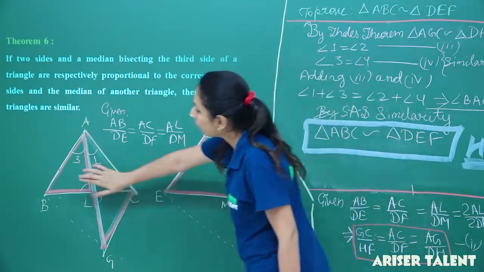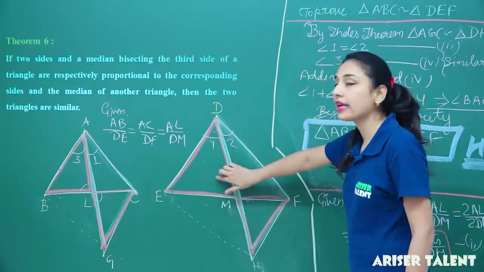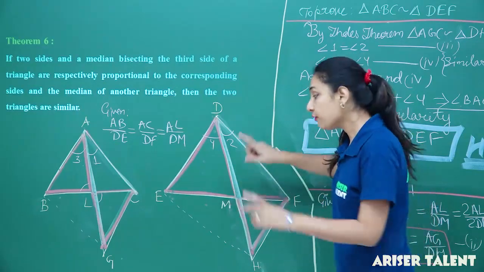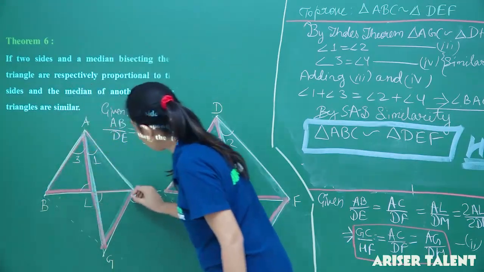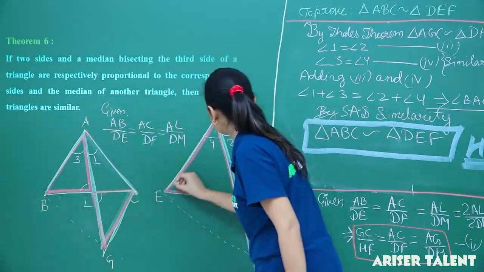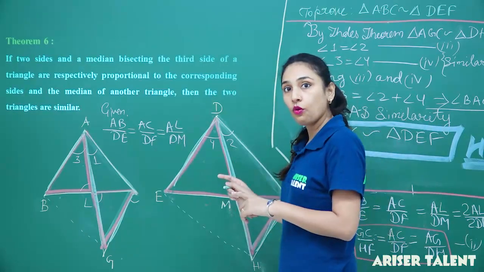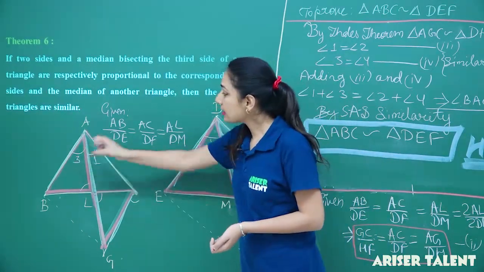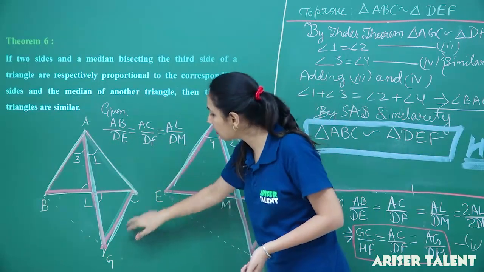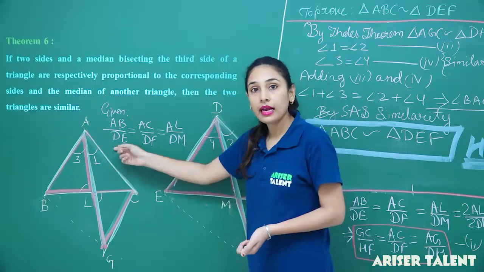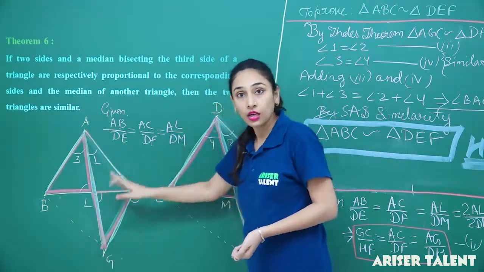After that, we proved these two triangles congruent and these two triangles congruent, and from that congruency we proved that this line is equal to this line and this line equals this line. And then we just snatched these values from here and put them there,